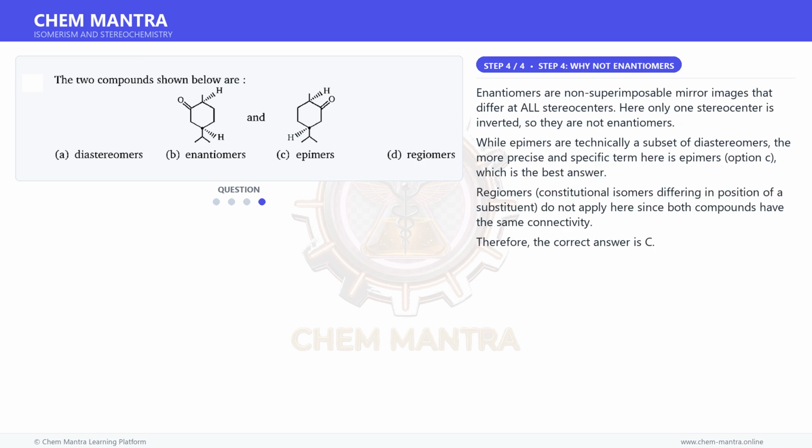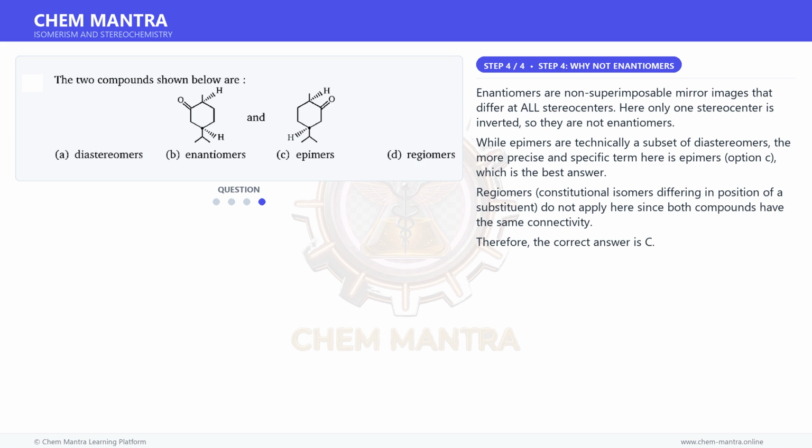And for the final step, enantiomers are non-superimposable mirror images that differ at all stereocenters. Here only one stereocenter is inverted, so they are not enantiomers. While epimers are technically a subset of diastereomers, the more precise and specific term here is epimers, option C, which